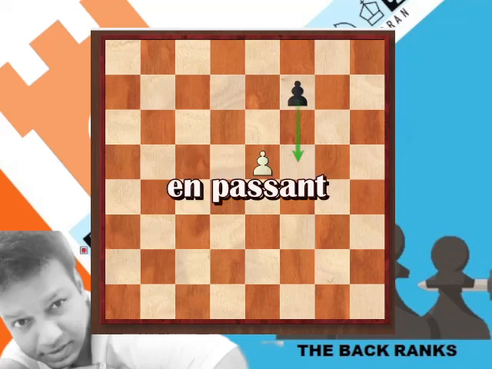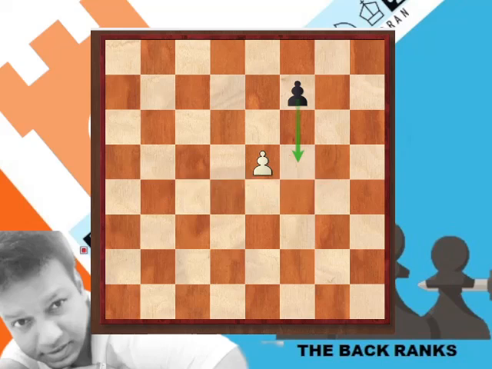En passant. En passant is a special pawn rule in chess, a French expression which means in passing. The capturing pawn must be on its 5th rank. The threatened pawn must have moved 2 squares from its starting square and be on an adjacent file. The capture can only be made on the move immediately after the opposing pawn makes the move. Otherwise, the right to capture en passant is lost. If all these conditions are met, the threatened pawn can be removed as if the pawn had moved only 1 square.